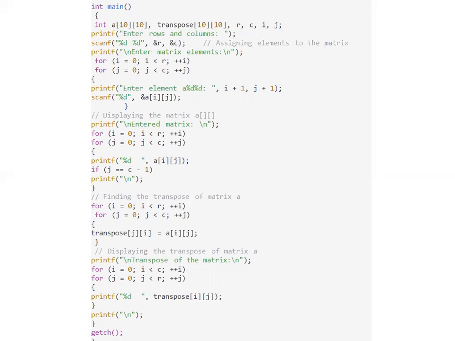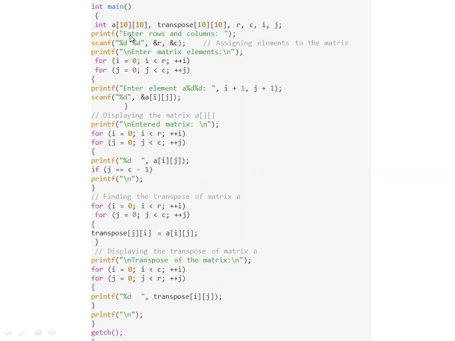In the earlier concept, we mentioned the rows and columns in the indices itself, like in the previous example, we created a matrix with 3 rows and 4 columns. But we will be doing the input step here in a slightly different manner. We will make this program a little bit more dynamic by asking the user to enter how many rows and columns the matrix can contain. For this part, we have modified the initial section of this program.